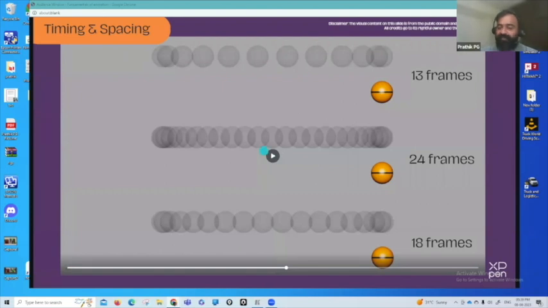So timing is basically just remember, you don't have to remember any exercises or anything. Just remember from point A to point B, how much time does it take for an object or a character to reach? That's all about timing. But if you look at spacing,